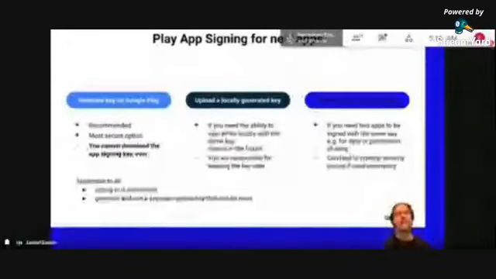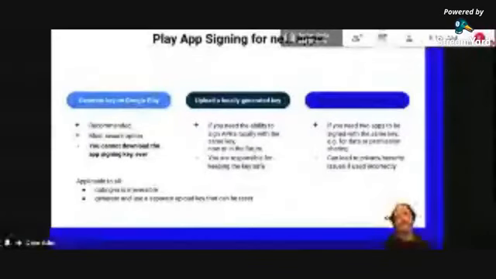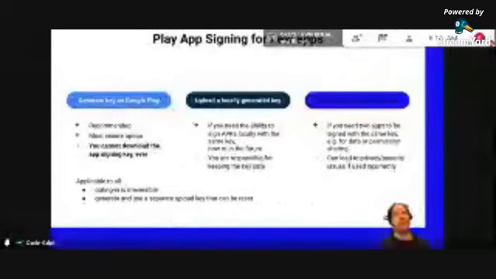The third option is for specialized scenarios when you want to share data between apps. It means you can actually reuse the signing key for more than one app, and that allows you to share data in several ways within the Android platform. But most of the time, you don't want to use that, for a lot of reasons.